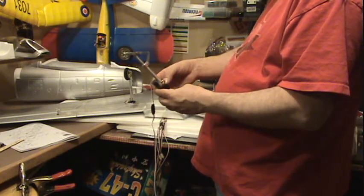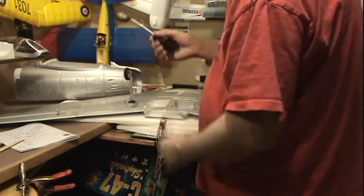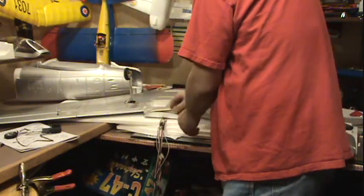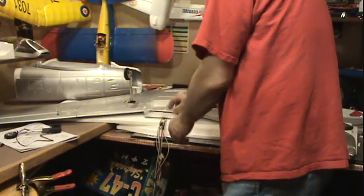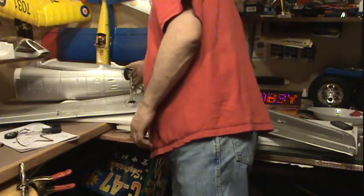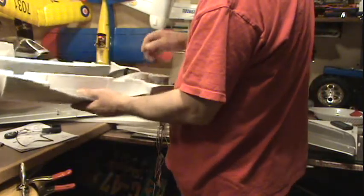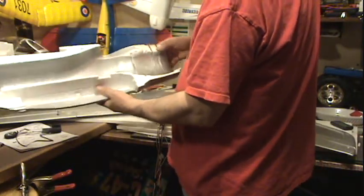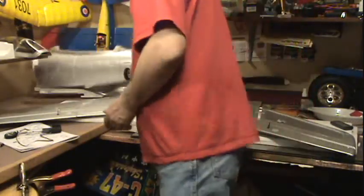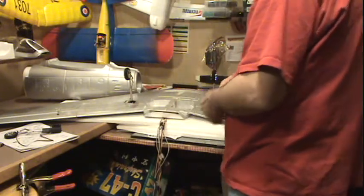So that's going to be a cable, a pull system. I forgot to epoxy this in when I was epoxying, but I still got to do that into the wing. So I'll have to do that before I put the wing down. And then here, the halves, I'll get them put together. I got it marked here where I have to put my servo for my steering. But we'll have to get that done up. And then we'll